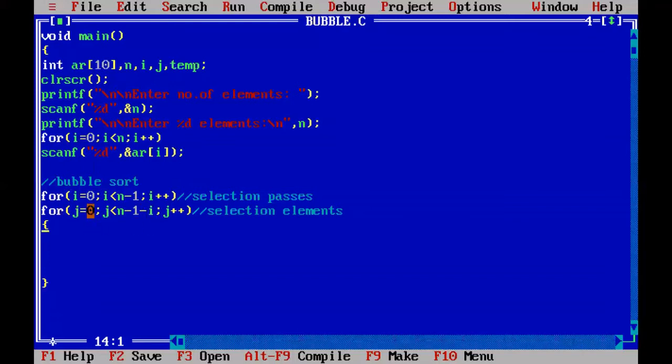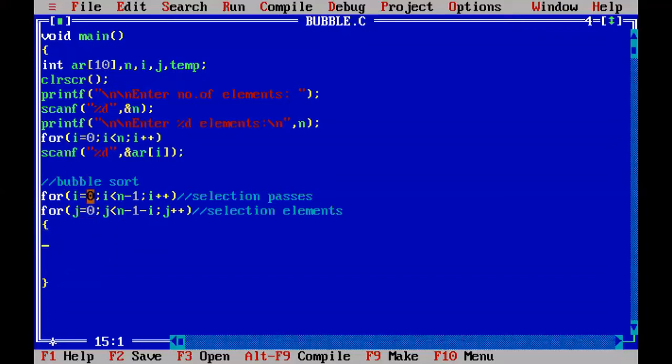It will complete all its iterations. Then it will go to the second pass. i equal to 1 means second pass. For one iteration of the outer loop, again we go into the inner loop and it executes completely. Then again we go to the outer loop and it increments from 1 to 2. That means we are in pass 3.